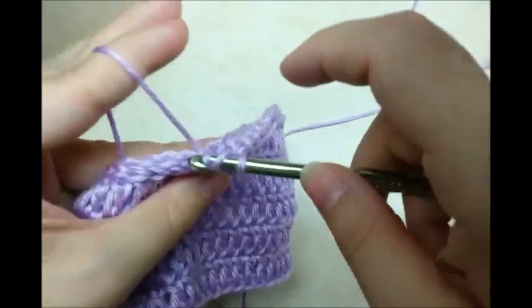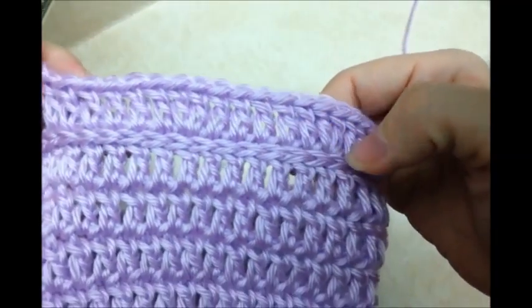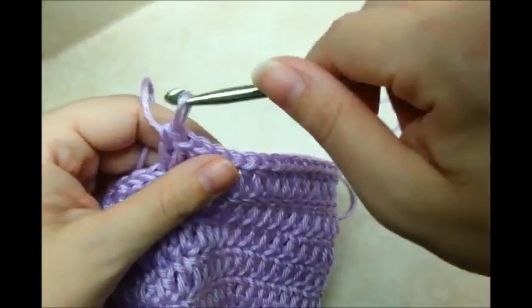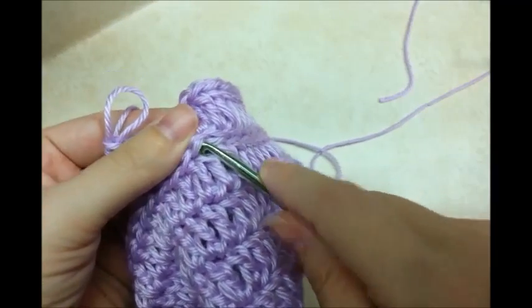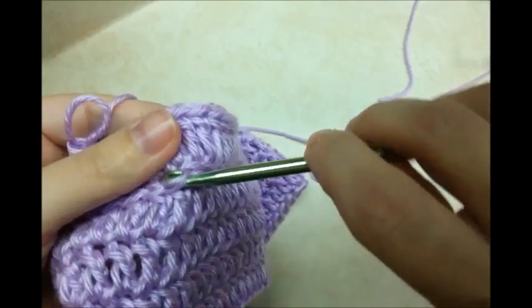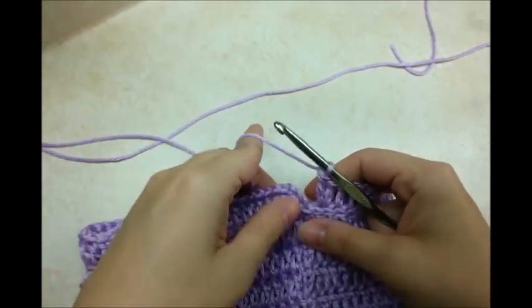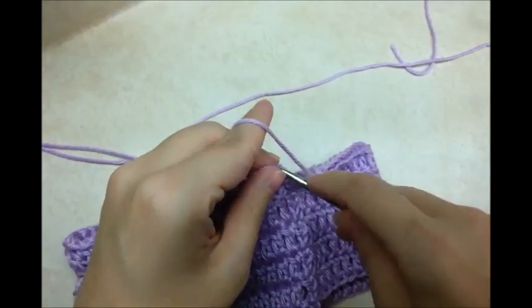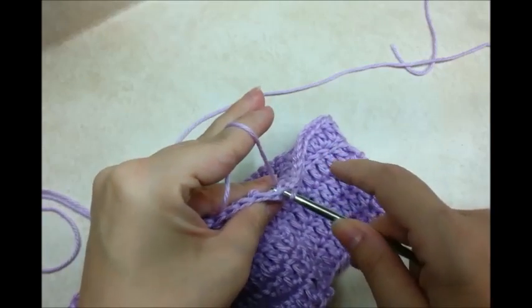And this is a pattern I'm going to repeat all the way around. And you can see that my slip stitch row is still there, and later on I'll be able to go right into it and add my row of ruffles. Coming around again, and now I'm just going to slip stitch into the top of my beginning chain 3,